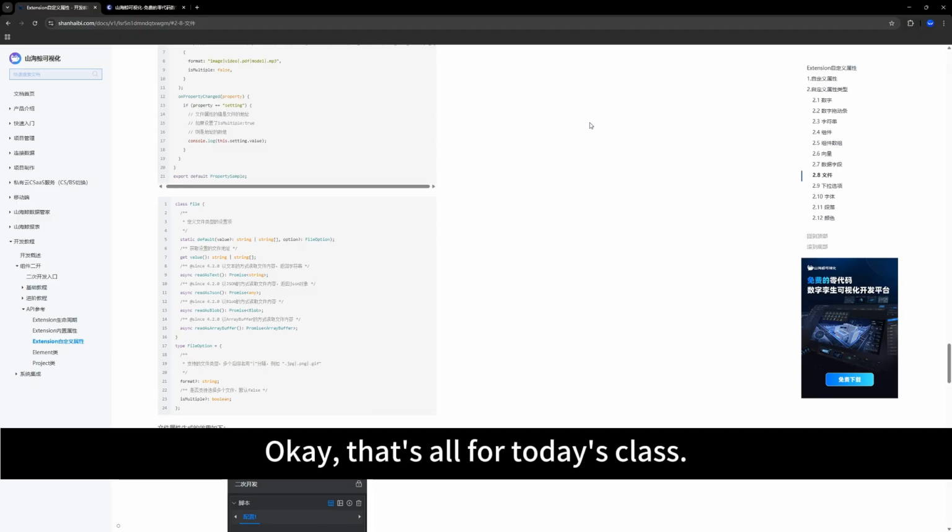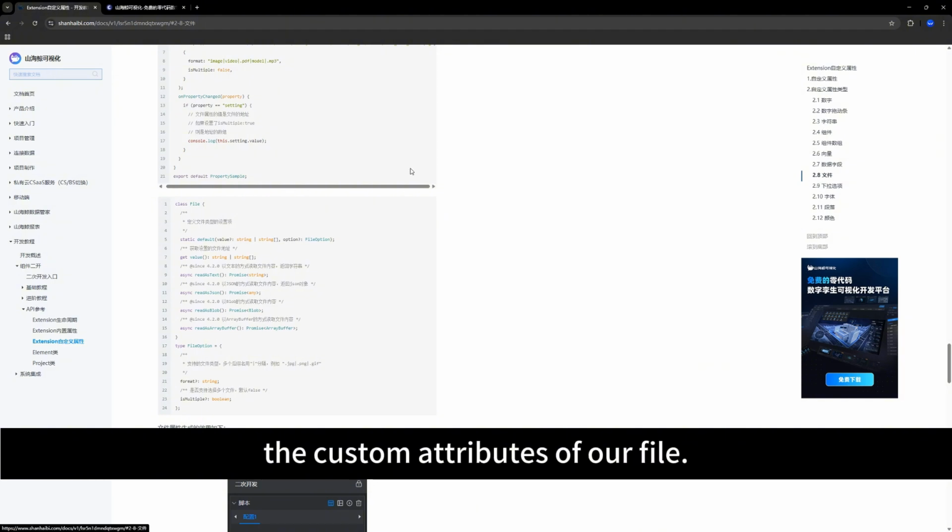Okay, that's all for today's class. Let me give you a full introduction to the custom attributes of our file